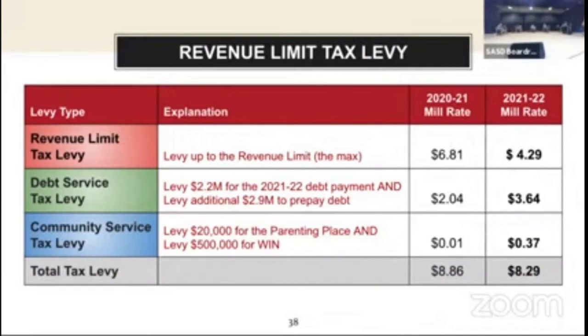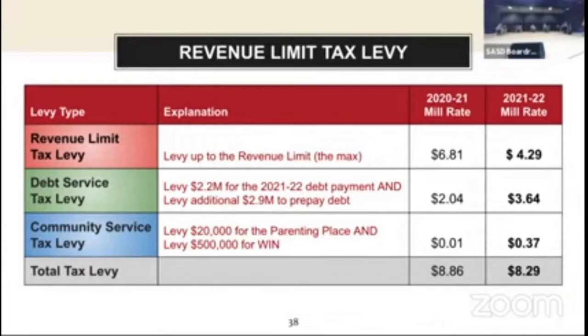And this year, I am recommending that we do the 2.2 million plus an additional 2.9 million. And the benefit of that is we'll save on future interest costs and we'll receive state aid on those extra dollars next year. And then the final piece is the community service levy, which we are recommending you increase from 20,000 to 520,000 to support that WIN programming. And so the WIN programming, in essence, would have a 36-cent impact on the mill rate to provide that free